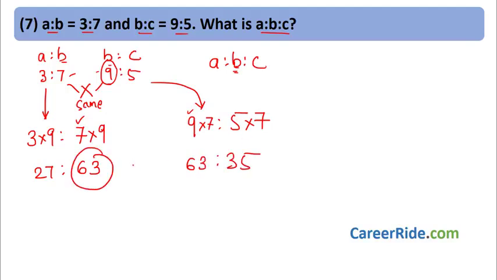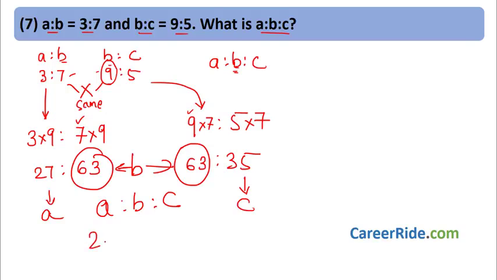Now we have the values of B as same, correct? So we can write this is A's value, this is C's value. So A is to B is to C is nothing but 27 is to 63 is to 35. See,